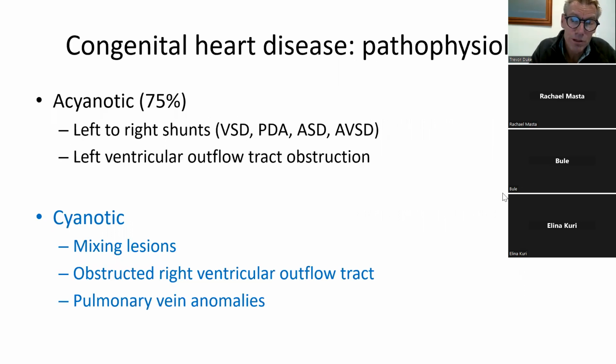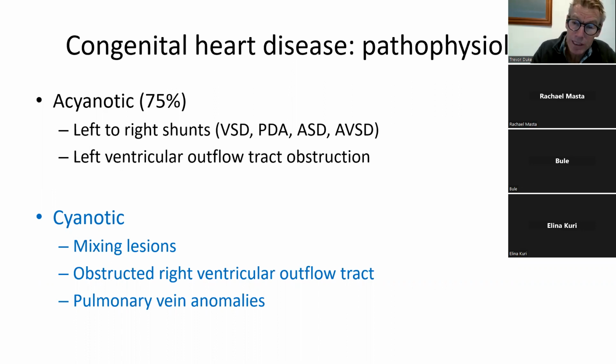So I wanted to briefly talk about acyanotic heart disease, to go back to congenital heart disease and talk a bit about acyanotic heart disease. There's sort of two large, broad types of acyanotic heart disease, and there's a bit of overlap, but we've talked a bit about ventricular septal defects. That's just one type of left to right shunt, the commonest, so it's the one that's important to know about. In an exam situation, you're most likely to be asked about ventricular septal defects, but it's important to know what